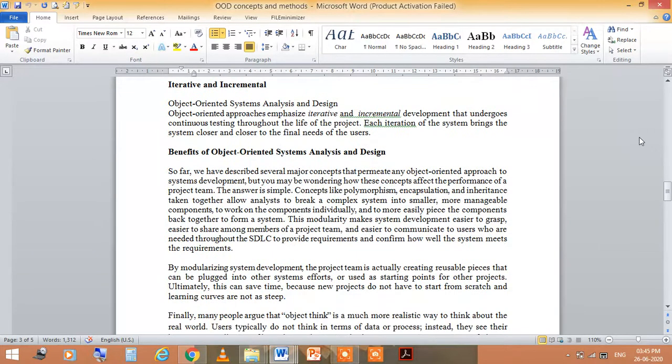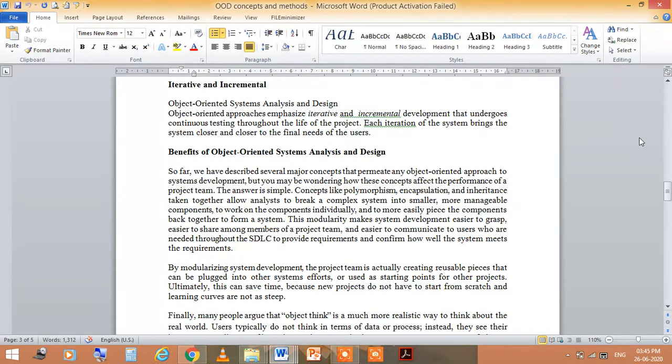Now the other one is iterative and incremental. As the name itself means, until we get the output, we iteratively do the task, and as I said in the SDLC also, the requirements change accordingly.